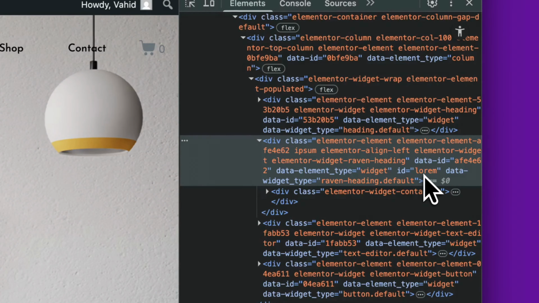And that's it. You've now learned how to add custom CSS classes and IDs to your JupyterX elements using Elementor. Go wild, get creative, and make your website truly unique. Remember, this method keeps your customizations separate, making updates a breeze.